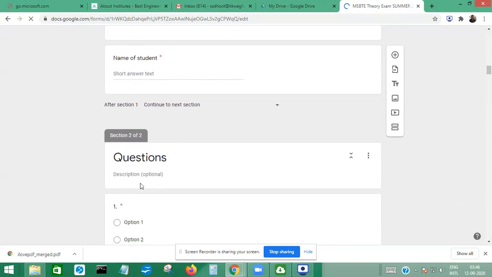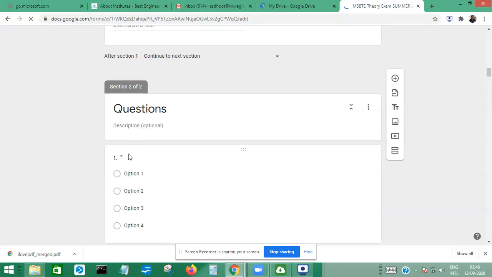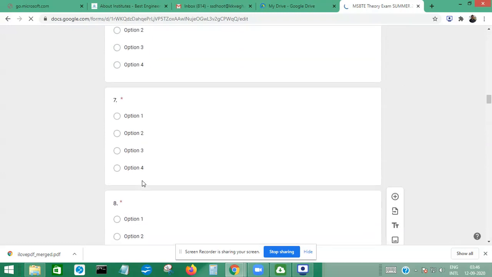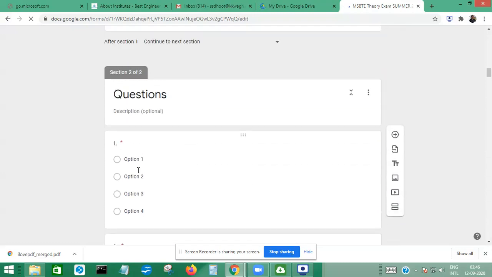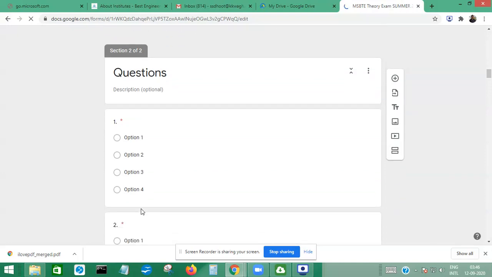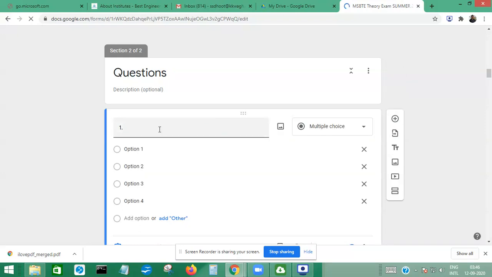Now in section 2, you have to write the questions and 4 options for that. So here 40 questions are provided, so you can edit this form by writing questions and multiple options for that. Okay, so suppose I write question number 1. Let's say what is IT? Okay, so option 1, let's say information